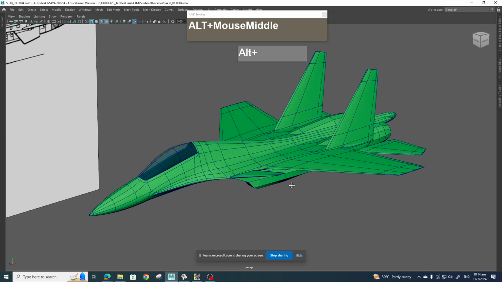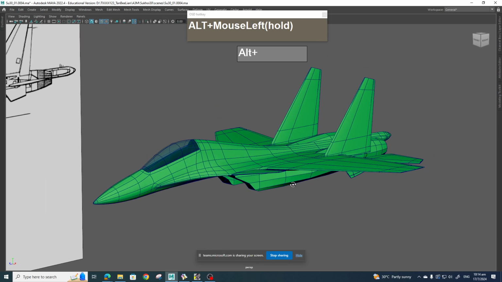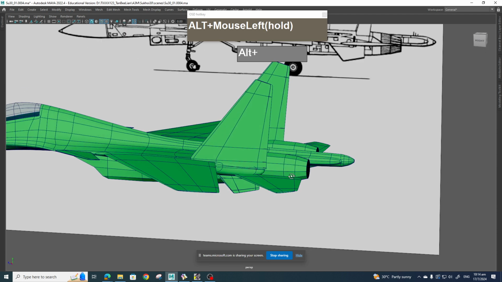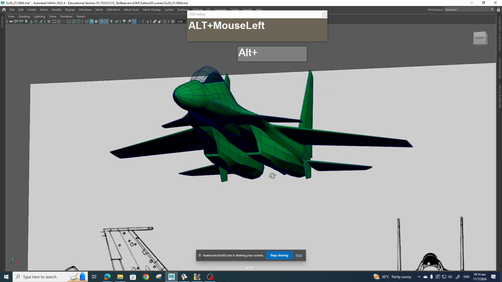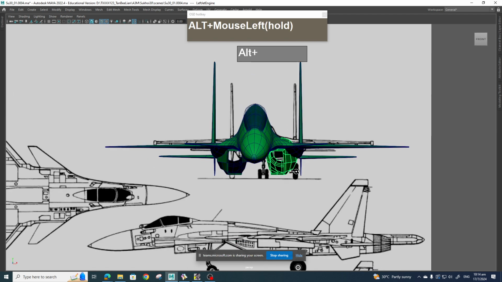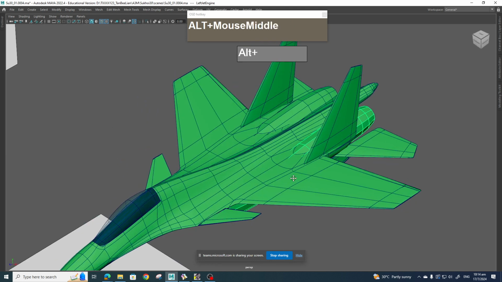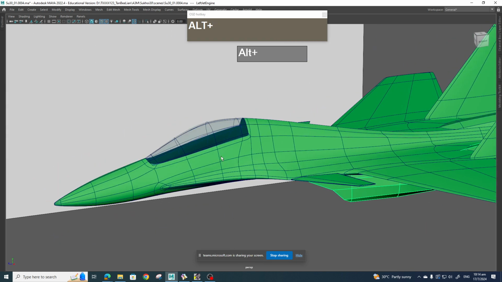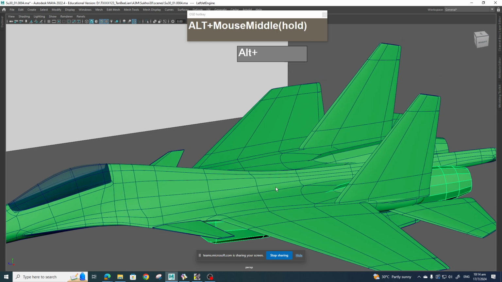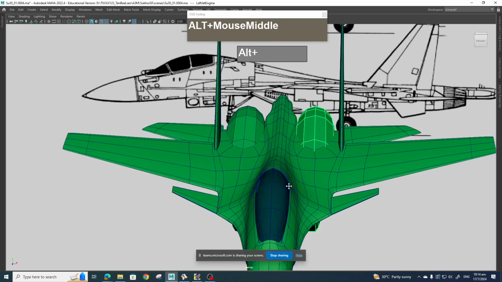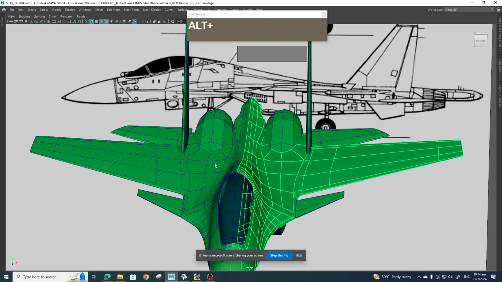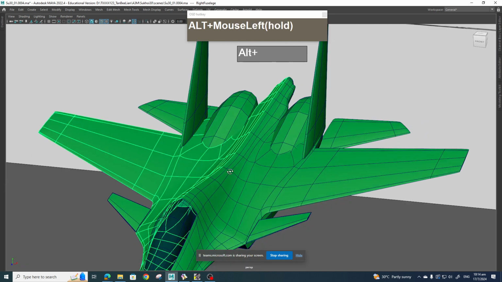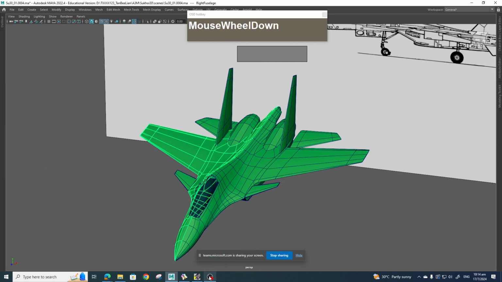Okay, so continuing from where we left off, for this particular model, I've already added some more edge loops to tighten up certain details, and also rotated the jet intake slightly to match the reference that I downloaded from B-Link. I also tweaked the canopy section a little bit, just to get the shape to look proper. And since this is actually made out of a duplicate half, I'm beginning to see some of the errors just by looking at the